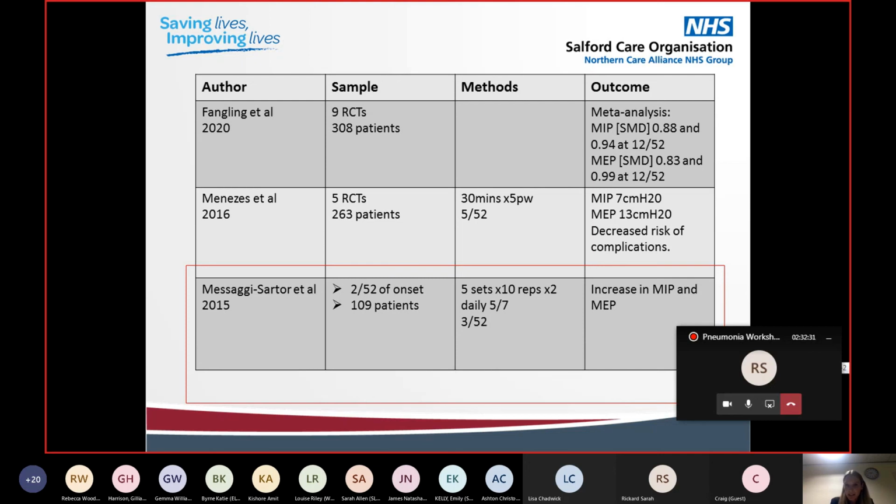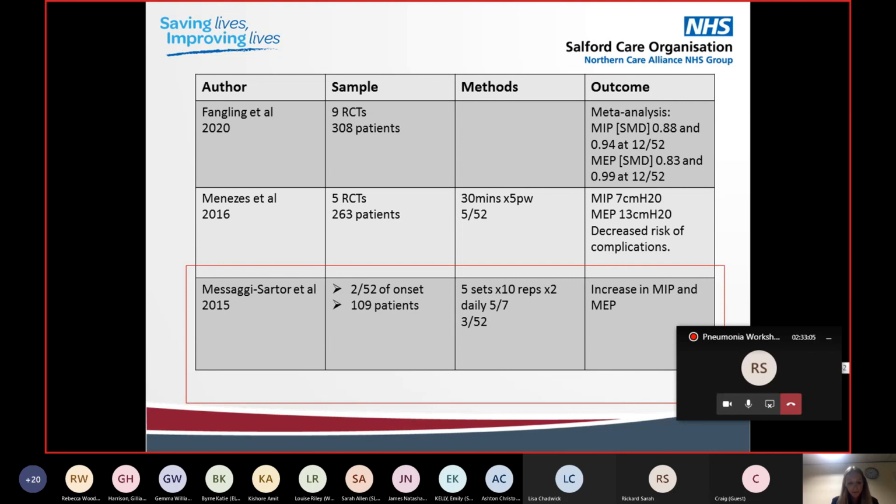They draw on a meta-analysis, the first one in 2020, and look at maximum inspiratory pressures of using the device. All of them show a relative change in maximum inspiratory pressure strength and a potential decrease in risk of complications, showing a potential significant improvement in the strength of these muscles, and potentially offer an additional therapeutic tool aimed to reduce